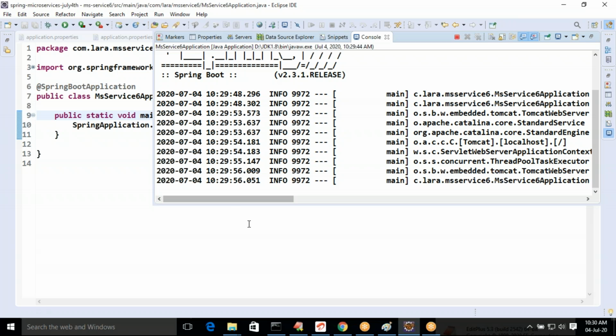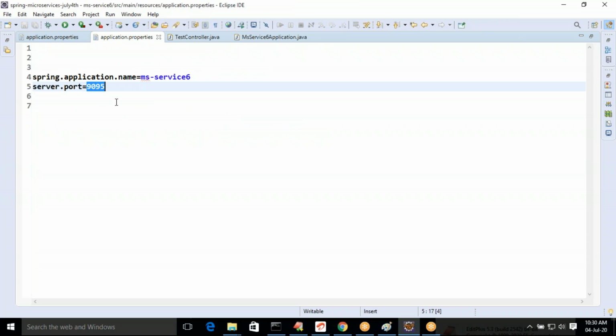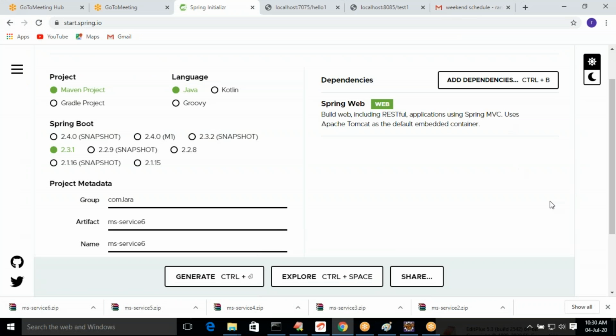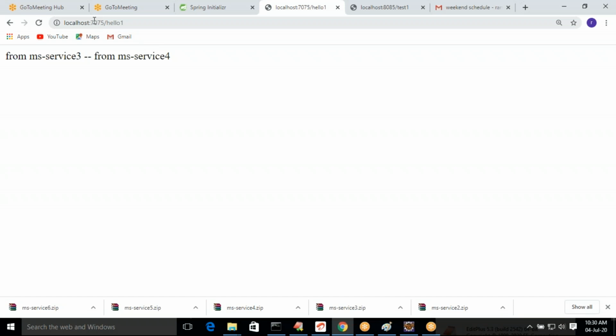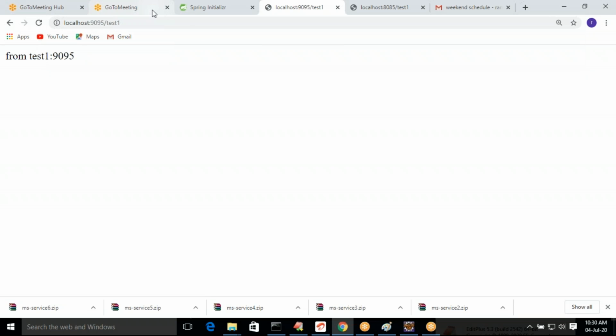So this is one instance. Please observe, MS Service 6, one instance is created. You can make a call to that instance. That instance will be running at 9095. Let's open a browser. Give a call to 9095 test1. See, the port number is also coming.